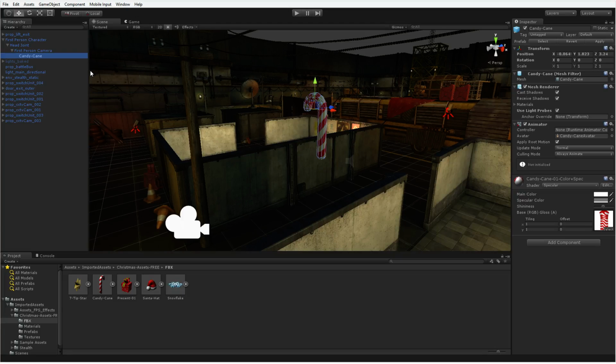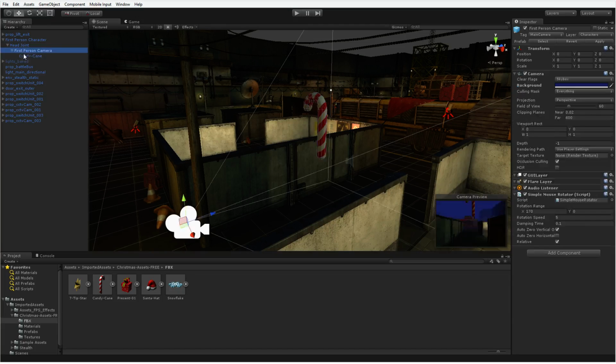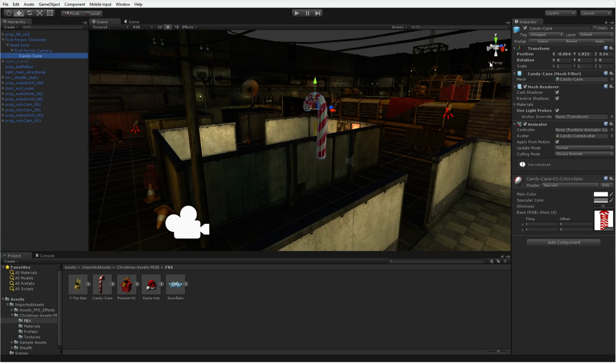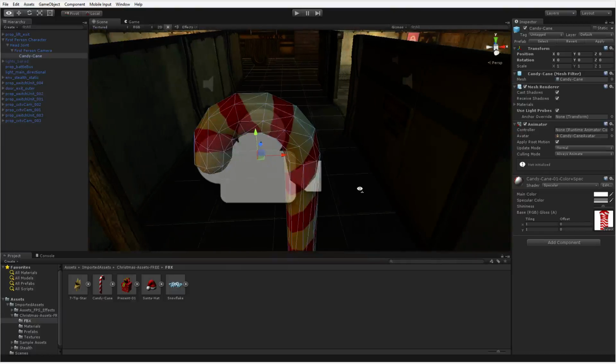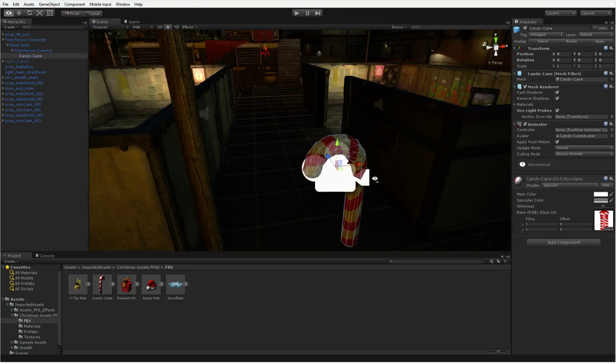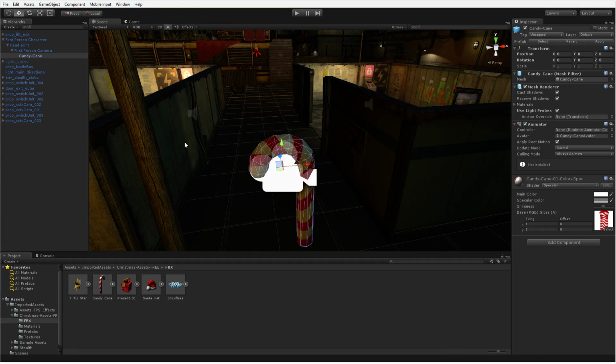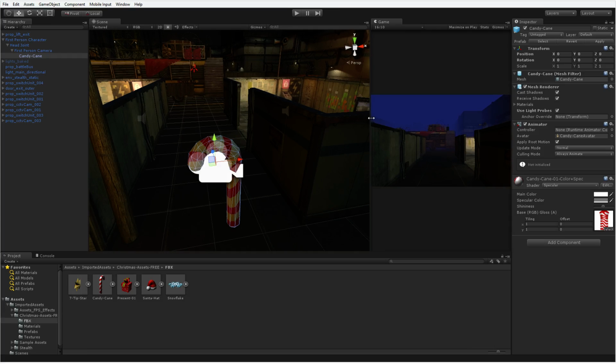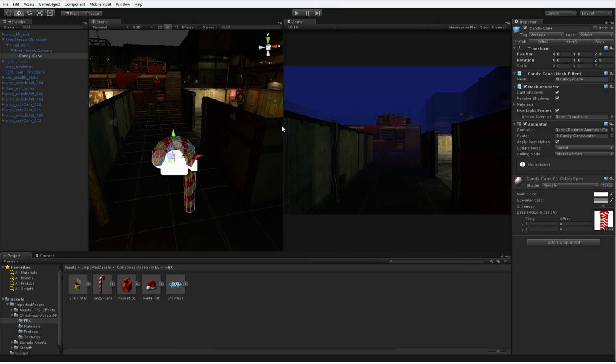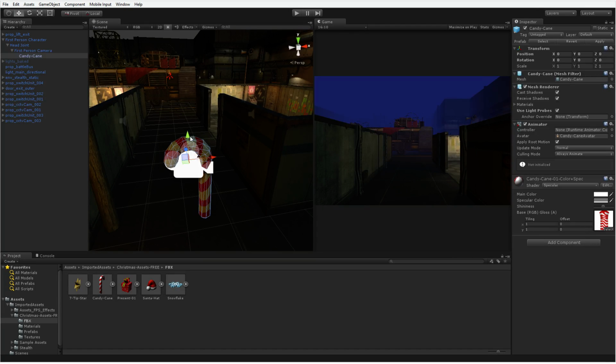Now I'm going to start by centering the candy cane on the camera, and getting it into position here. I am simply going to click reset here, boop, and that's going to put the candy cane right here on the camera itself. Now I am going to start rotating it. It's a little hard to figure out exactly where I want this to be when I'm looking in the scene view, so I'm going to bring my game view over as well, and split the two. Using this, I will be able to see where the candy cane is and how it's lined up.